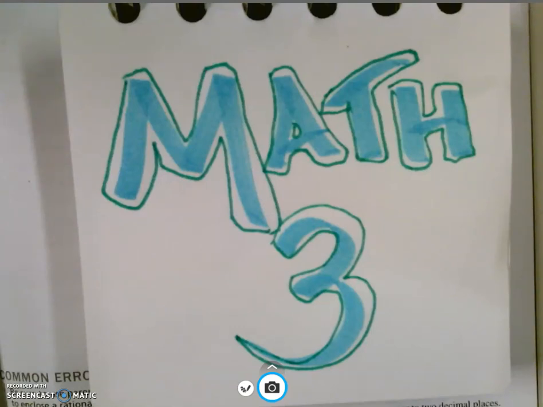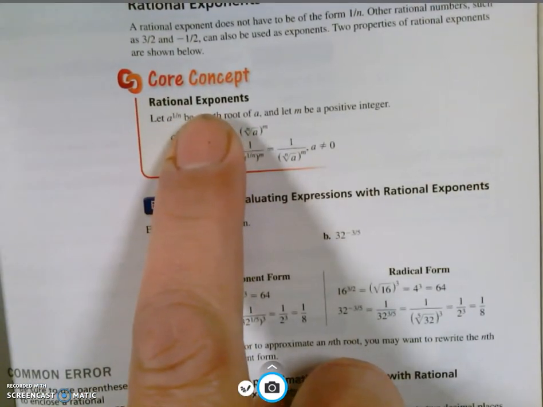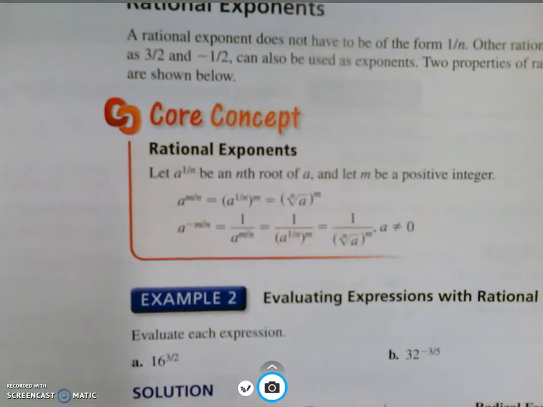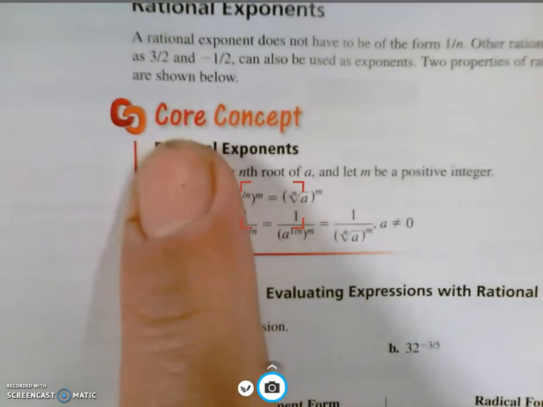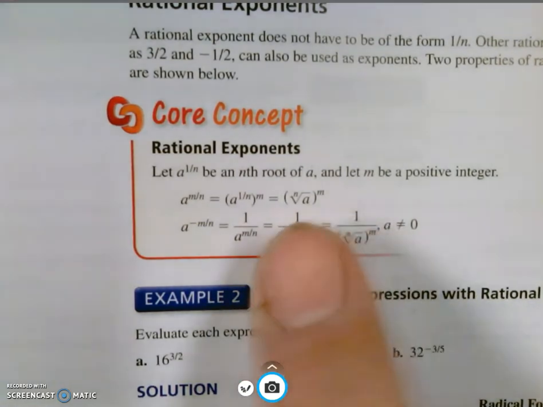This video is going to go over Math 3 section 4.1. The core concept is rational exponents, but what that really means to us is radicals. So let's break this down. Rational actually means fraction. Rational is a ratio, which is a fraction, and the fractions end up being